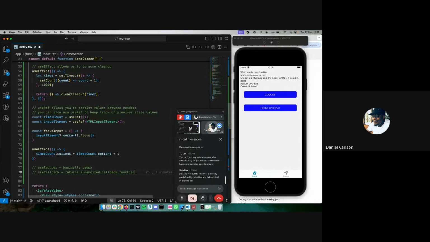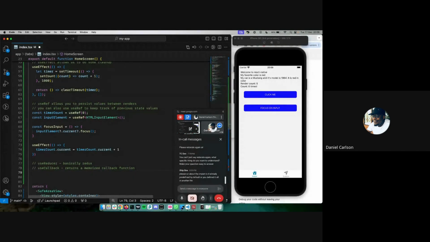useMemo is similar. So useMemo and useCallback, people usually confuse them, but just understand that useCallback is for functions, useMemo is for variables. They both return memoized values. So a memoized value, or a function, is basically a value that has been cached. And so that value or function will not change if a specific variable or